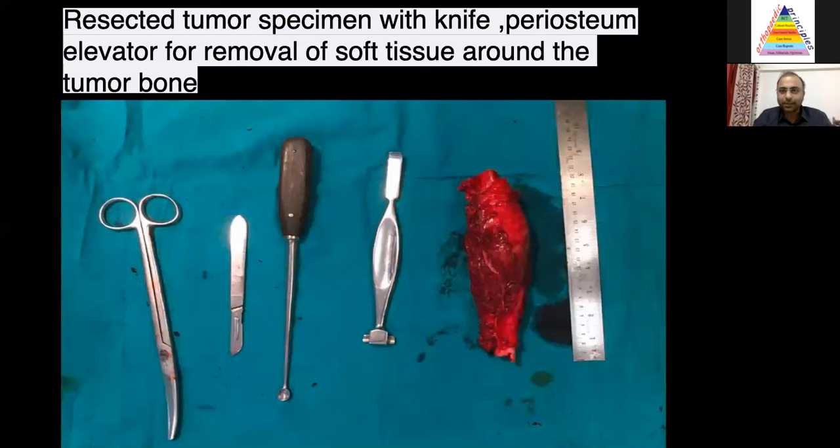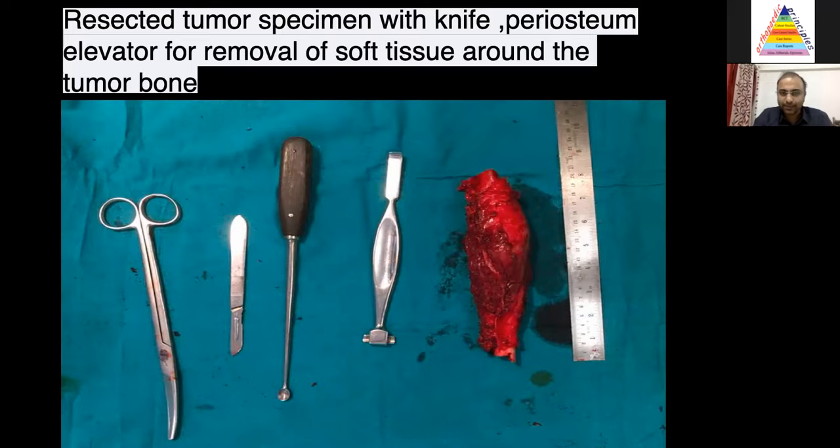The next important step is we have to send this specimen to the radiotherapy department in a sterile environment. And the resected specimen, we are using multiple methods to remove the soft tissue, and all these procedures are performed on another operation table. So it's not on the same trolley, it's a different trolley. So it prevents the contamination of the tumor into the involved areas. So use a different trolley for removing the soft tissue and preparing the bone.